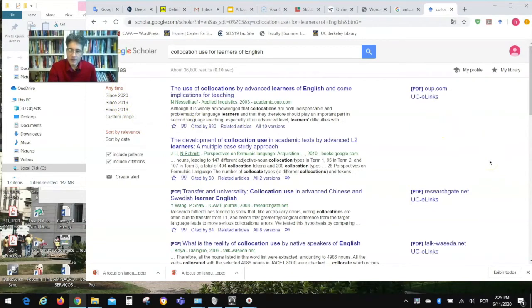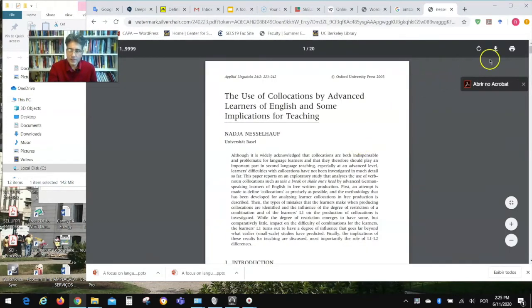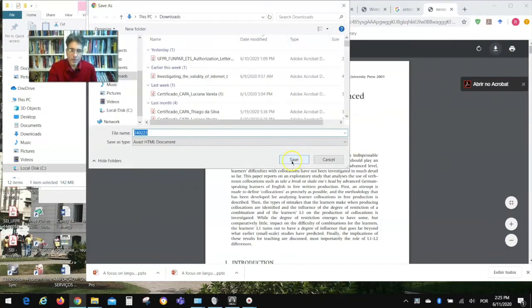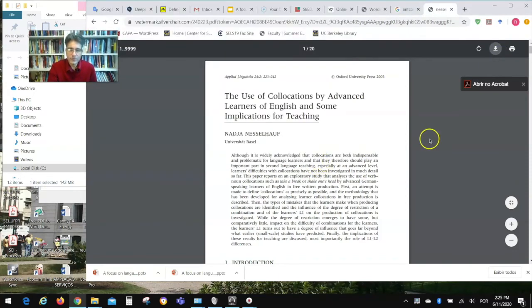If you are logged into the UC system, you can generally download those PDFs, and then it's just a matter of clicking on those and downloading those. However, there is a problem: if you download this PDF, it's not readable by the software that we'll use later. So the first step is to